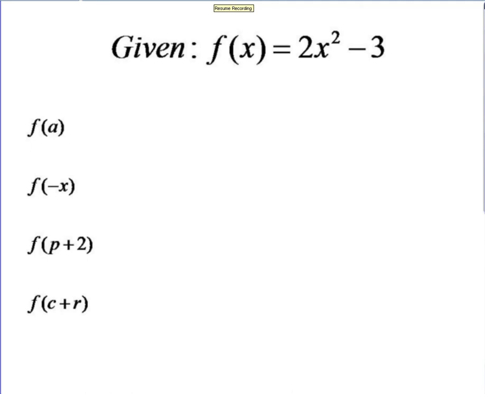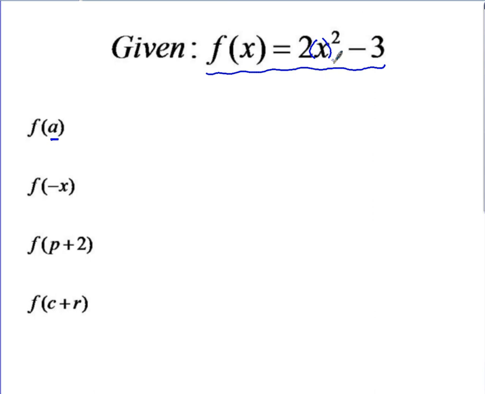All right, we've got a new defined function, f of x equals 2x squared minus 3. We're going to use that function. To start off, we're going to find f of a. We know that this little part inside the parentheses represents the x value that we're inputting into the function. So when I go up to my function and locate my x, being just the one x right there,